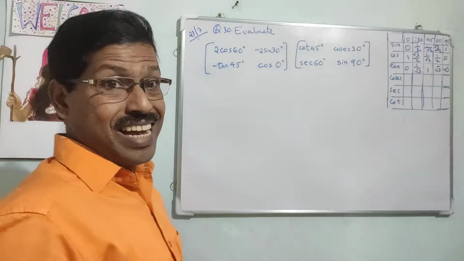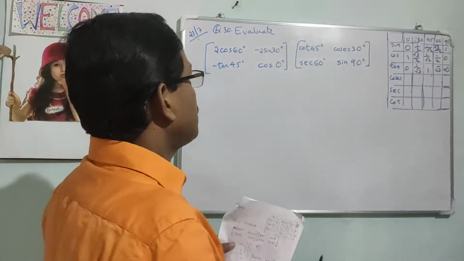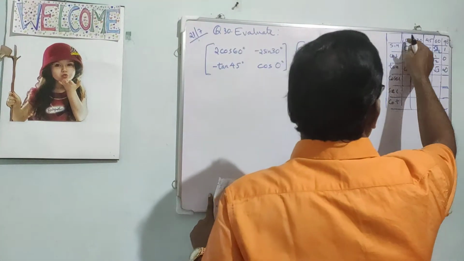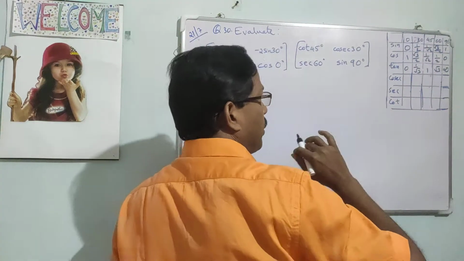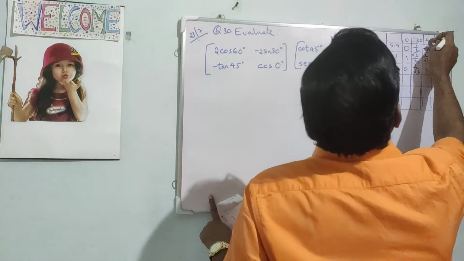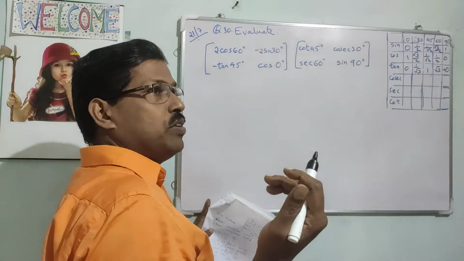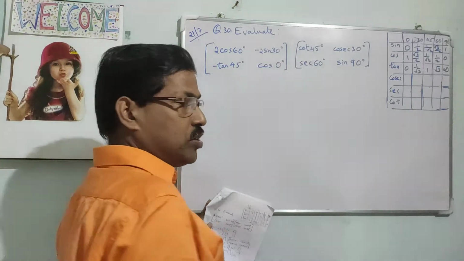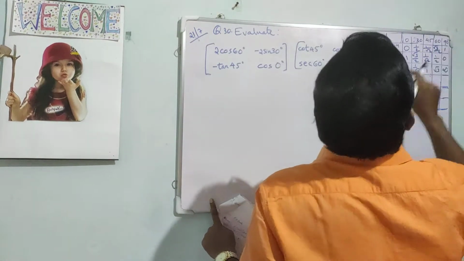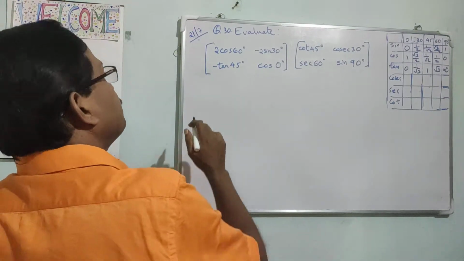Trigonometric ratios of standard angles, I guess you remember them. Some values: sin 0 is 0, sin 30 is 1 by 2. You must have this table in your mind. Sin 45 is 1 by root 2, sin 60 is root 3 by 2. Remember, we study trigonometry not only for trigonometry; its application comes in other chapters also. So it is just a matter of substituting these values, whatever is required.